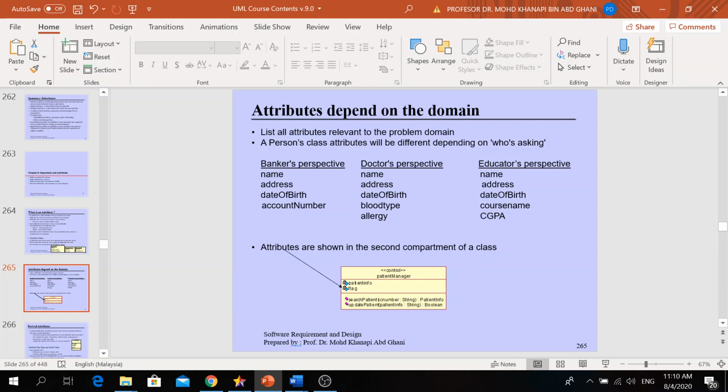We have student, lecturer, class, course, subject, CGPA, etc. This is the information that you finally define in the database as an attribute.